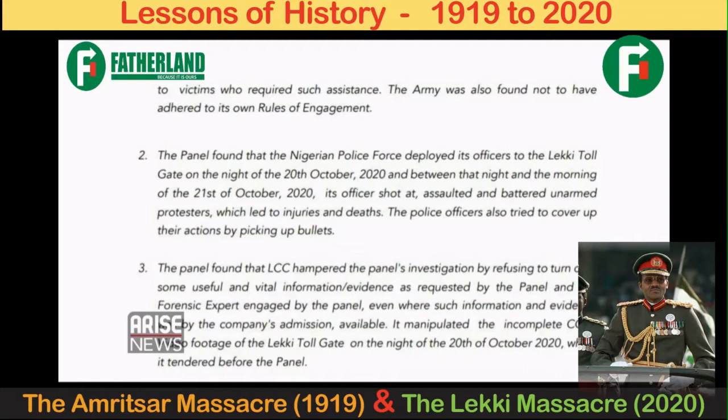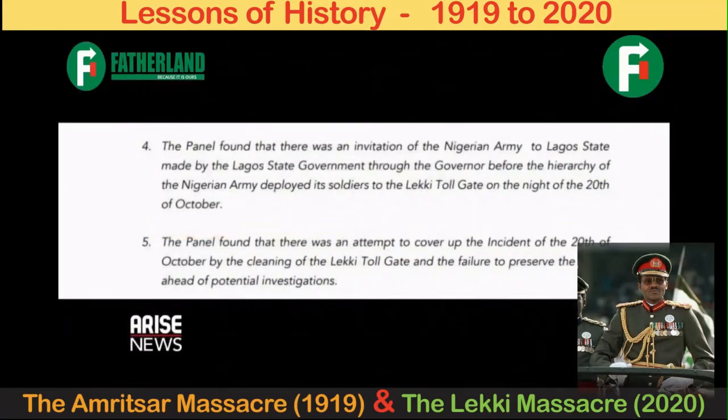It further revealed that police officers also tried to cover up their actions by picking up bullets. The report also stated that the Lekki concession company manipulated the incomplete CCTV video footage of the Lekki tollgate in an attempt to cover up, as well as the failure to preserve the scene ahead of potential